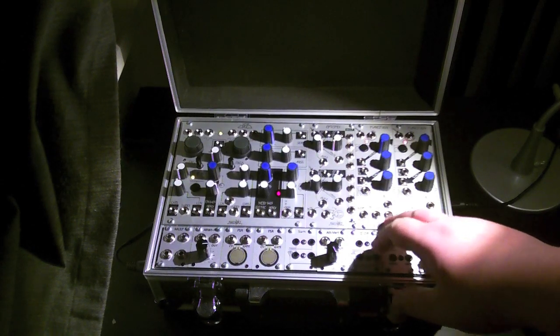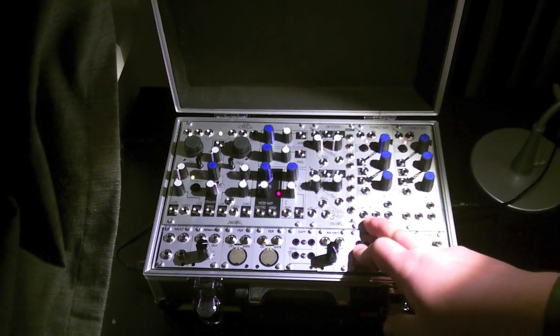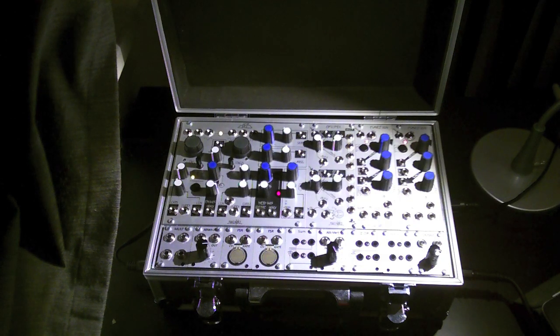Next to that, we've got a pair of functions. So I chose two functions versus the maths, which everyone would normally suggest, just because the maths wouldn't fit in the case in the configuration that I have. So I chose the two functions, and I'm glad I did. They offer everything that I wanted out of the maths, and allowed me to take the utility section of the maths, the center section, channels 2 and 3, and break those out down here into the utility section. So I've got some added functionality as well. The maths doesn't provide 2 gate outputs per channel. It only provides 1. As well, the function adds this nice hang input, so you can send it gates and